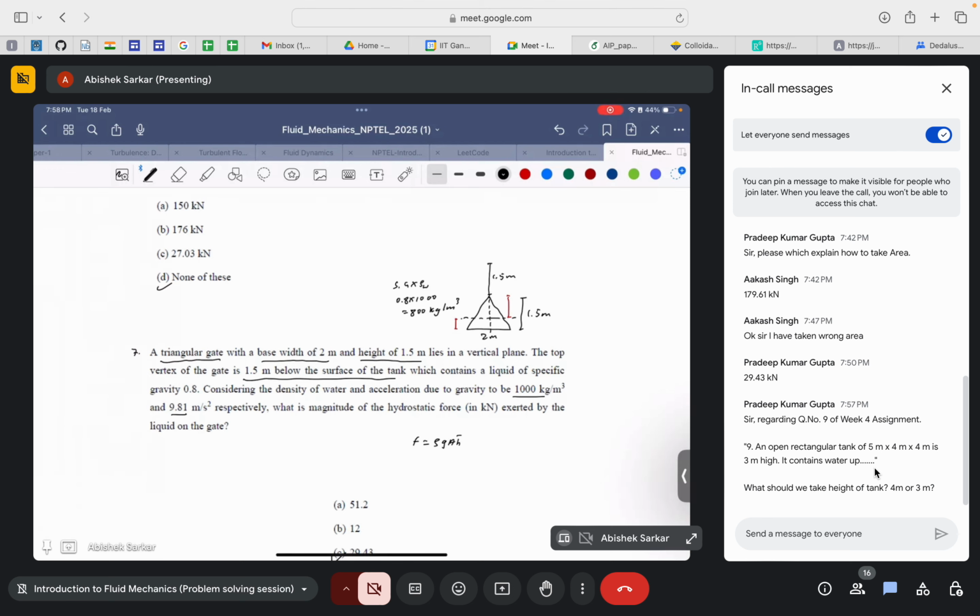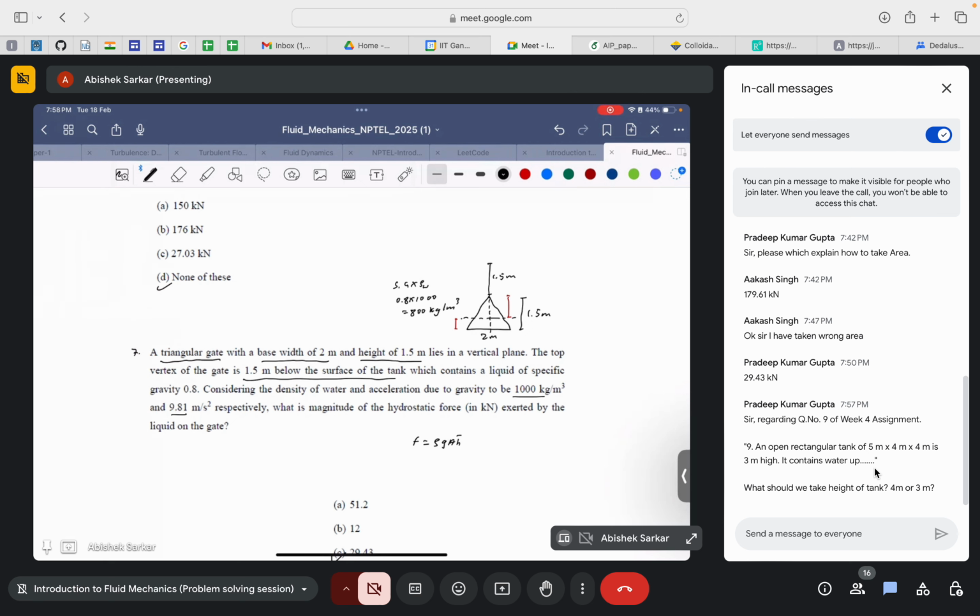If it is regarding finding the hydrostatic forces, then take height h as the height up to which the water is contained. As it seems geometrically it should be 4 meter, but if 3 meter is coming into the picture, it seems like